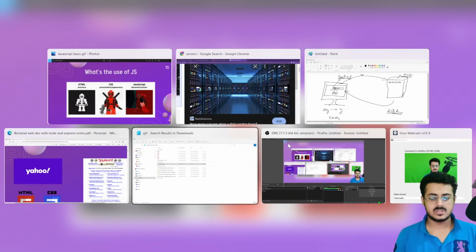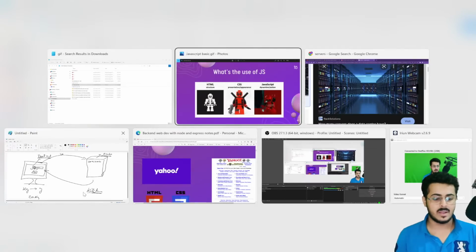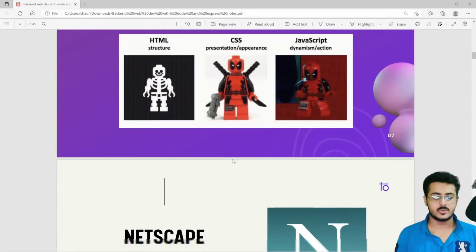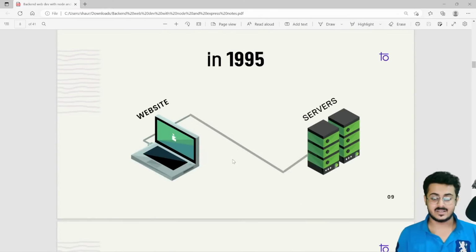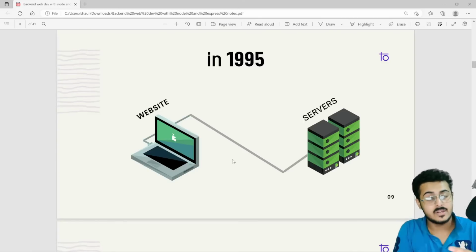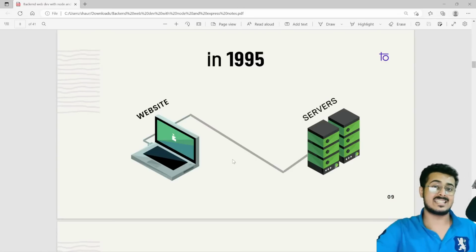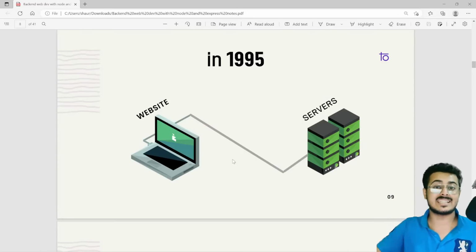He approached Brendan Eich with one problem statement in mind: I don't want to do everything in the backend. If I want to do a unit conversion, for example, it should happen on the front end itself. I put in my 20 kgs, and right there the calculation happens and shows me the results. This is called client side rendering.